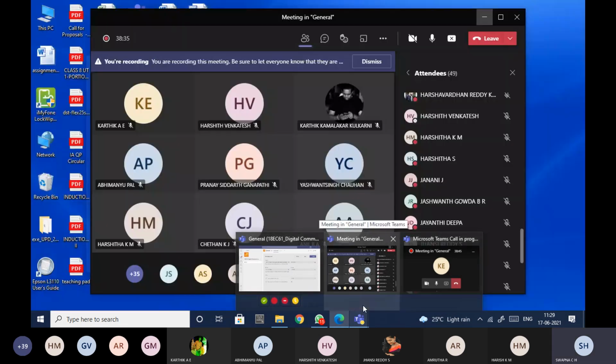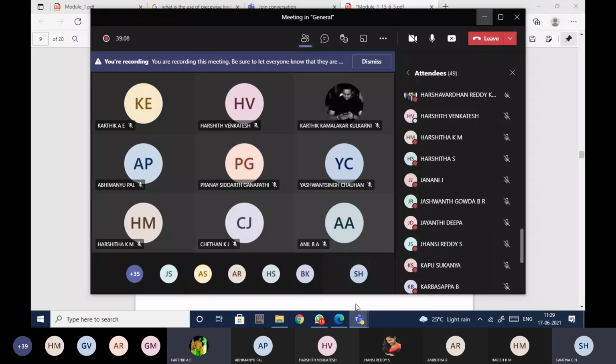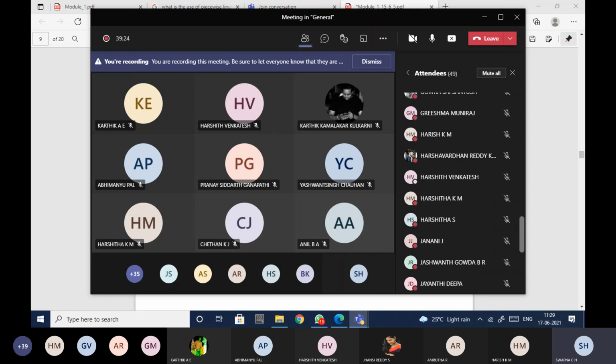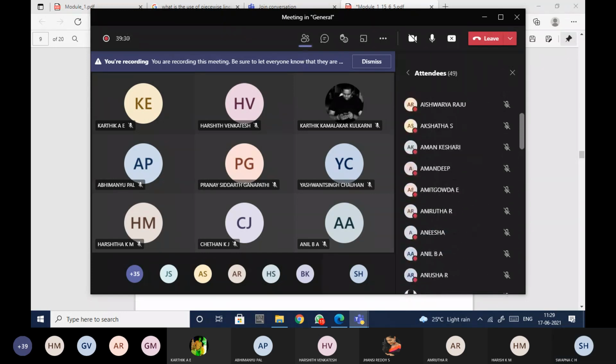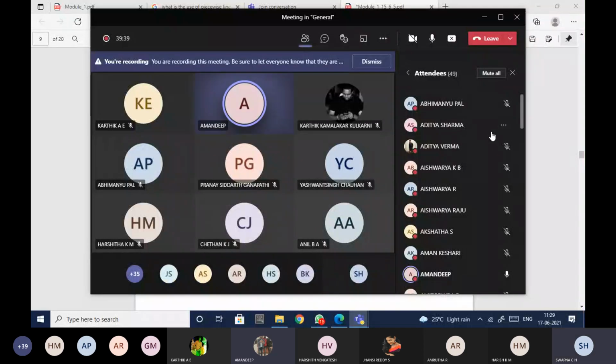Have you heard this word from me? Yes, ma'am. Then what is that maximum forward current? Whatever you know, you tell me. Somebody is answering. Can you please answer it little loudly, because I'm not able to hear you. Somebody was answering me. Come again. Value of forward current that a PN junction diode can withstand. Very good. Thank you, Amandeep.